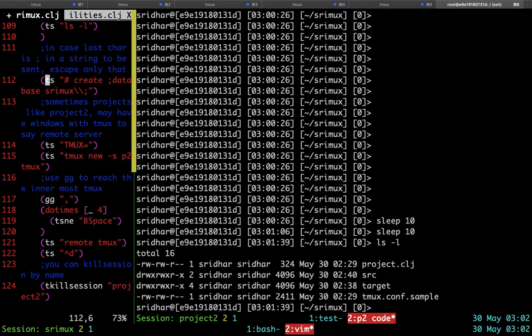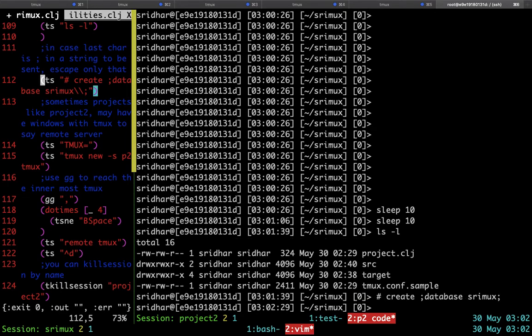Okay, sometimes like in SQL statements, you would want your keystrokes to terminate with a semicolon. That's a special case. If you want to do that, you have to escape only the last semicolon with a backslash, like you're seeing here. So now when you do a CPP, you're going to see two semicolons sent to the right pane, but only the last one has been escaped with a backslash.